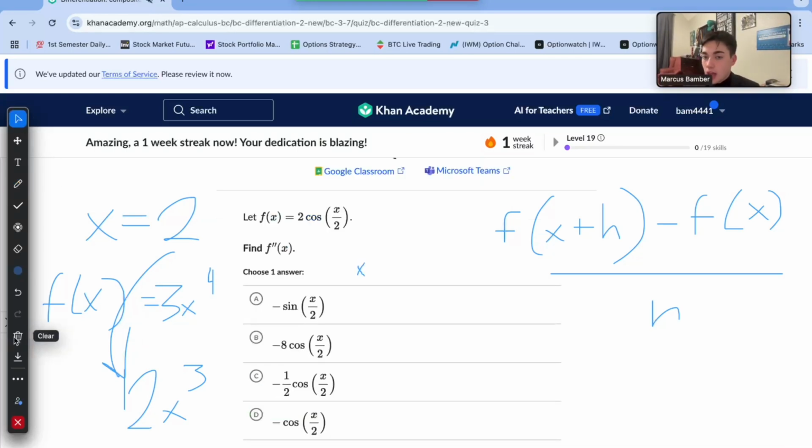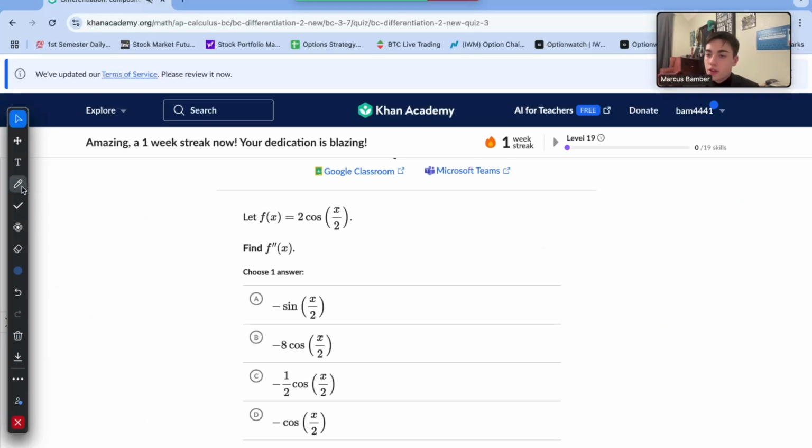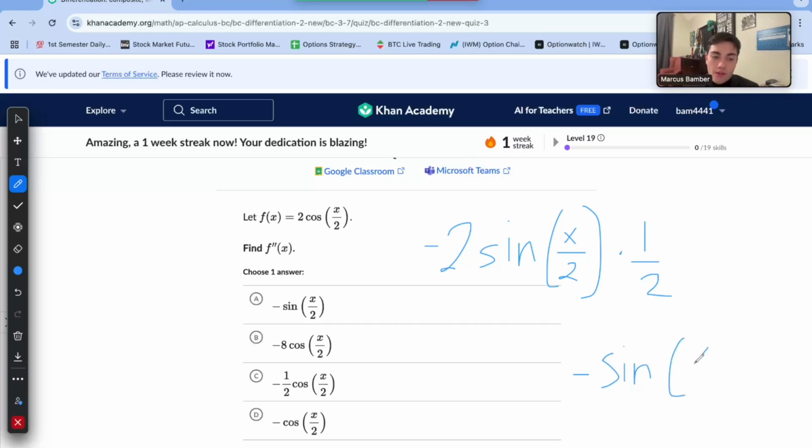Okay, moving on to the next, we're going to find the second derivative of this right here. The 2 is going to have no impact, it's just going to carry on. And then the derivative of cosine, notice we're going to have a chain rule here, because the outer function is cosine. Derivative of cosine is negative sine, so we have negative 2 sine of x over 2. And then we're going to multiply that by the derivative of the inside function, which is 1/2. Negative 2 times 1/2 is negative 1, so we are left with negative sine of x over 2,